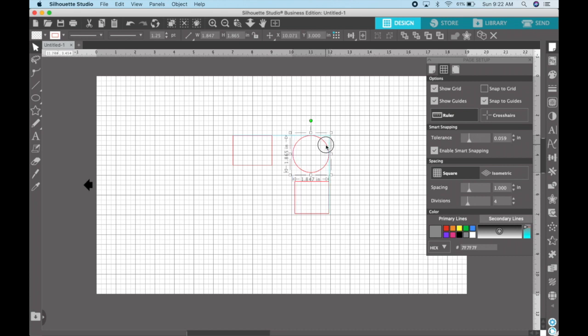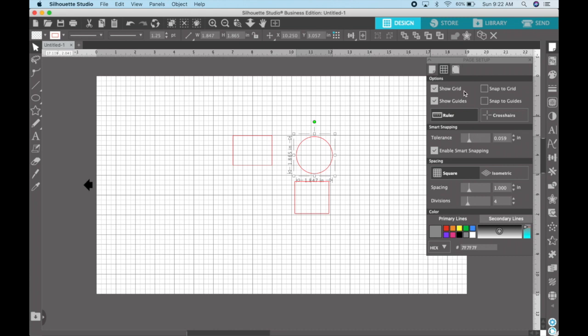And I can move the circle so that now the teal line is in the center of the circle. That means it is aligned to the center of the square. And when I have snap to guides on, when I let go, it stays nicely positioned right there. If I turn snap to guides off, I am still able to see the guides and let go, and it's right there. But I can also drag it down just a little tiny bit and it won't get popped right